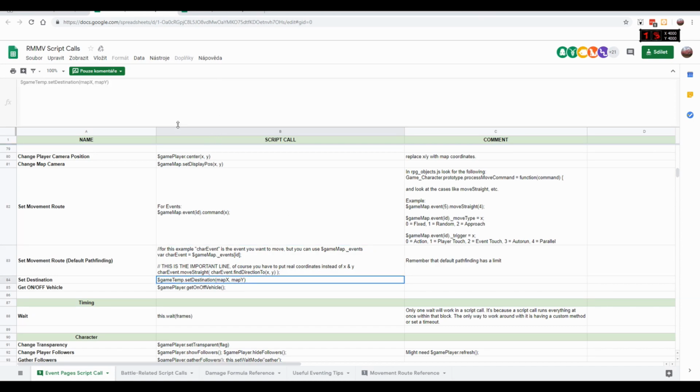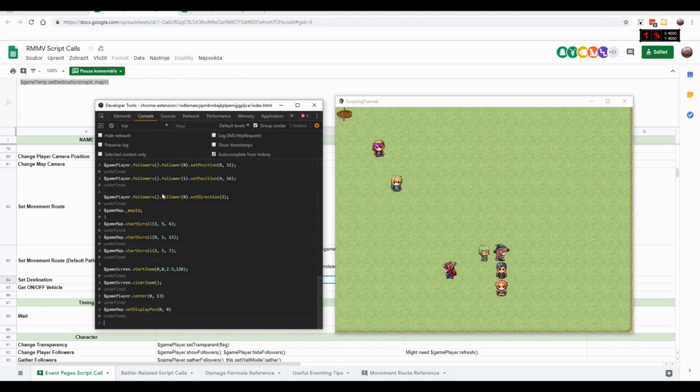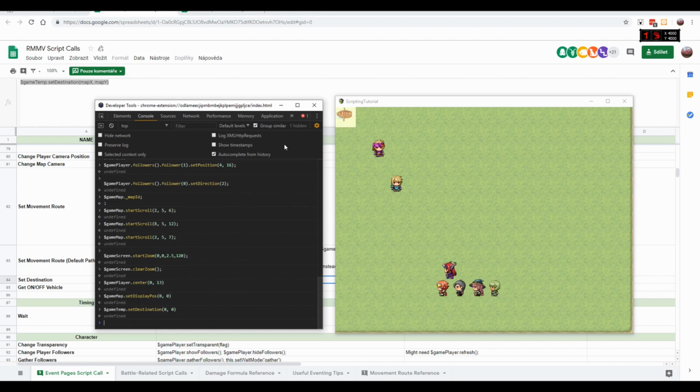Here we have the set destination, which of course pretty much works only for the player. So let's say set destination for 0 and 0, and the player will go up,